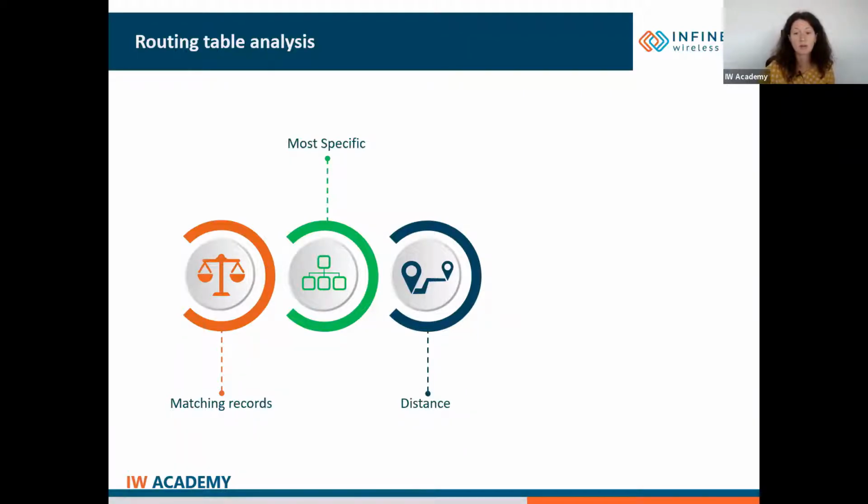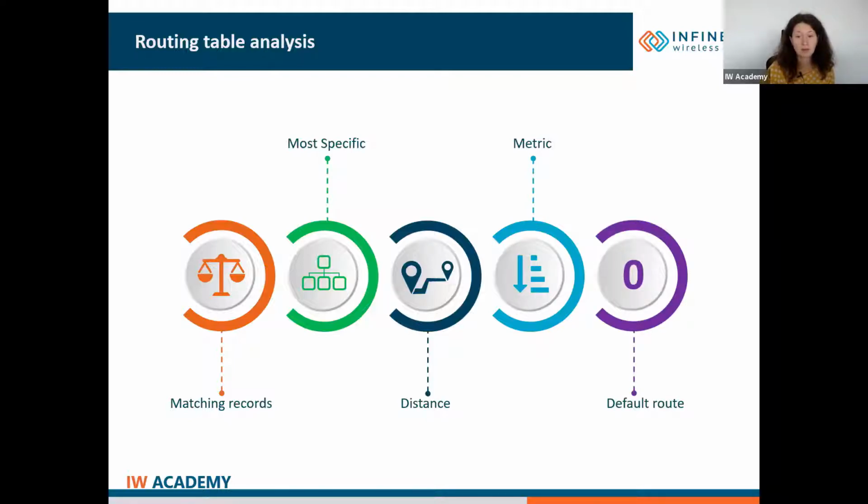The smaller the distance value, the more trustful is the routing source. For example, for directly connected subnets, the distance is 0, the lowest available value. And for static entries, the distance is 1. If the distance is equal for the selected routes, an entry with a lower metric value is used.